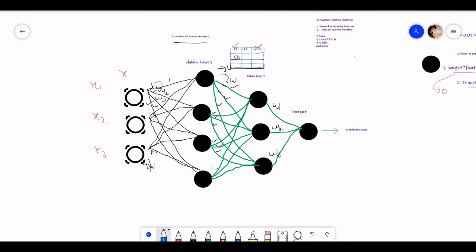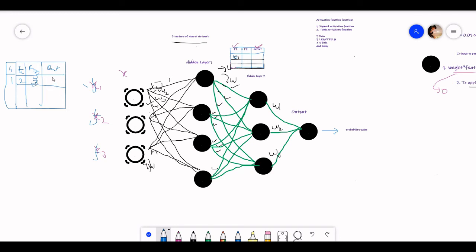Now see, our features will get multiplied. Suppose these are our features f1, f2, f3 with this output, and suppose we have the values 1, 2, 3.